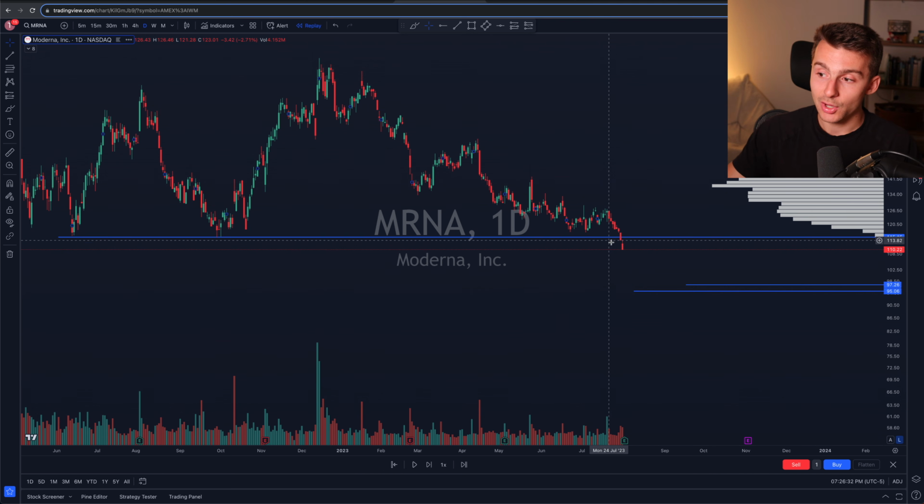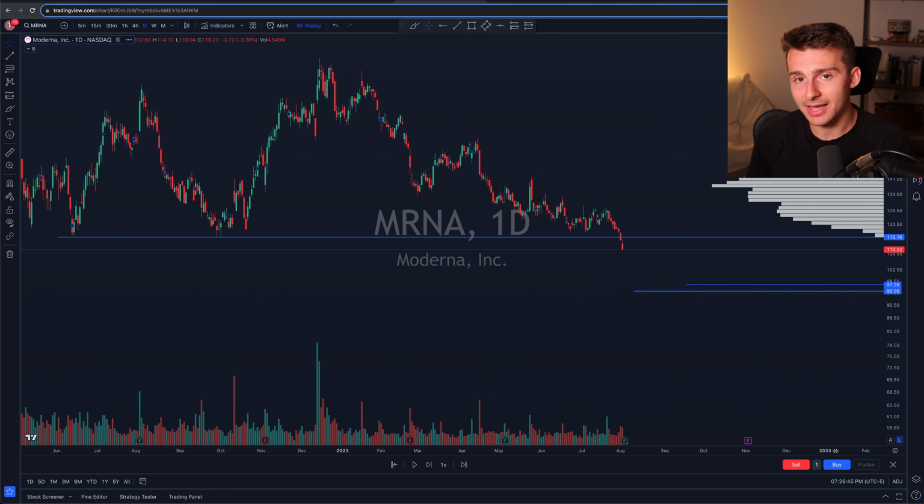In this case, what do we see? Well, mRNA is breaking down underneath that level. I want to get short. On the bottom right, I have the options to sell or buy. Now, this is not going to let you trade options. It's going to be pretty straightforward. Short, long, pretty straightforward. You don't have a ton of functionality there, but it can do the same thing